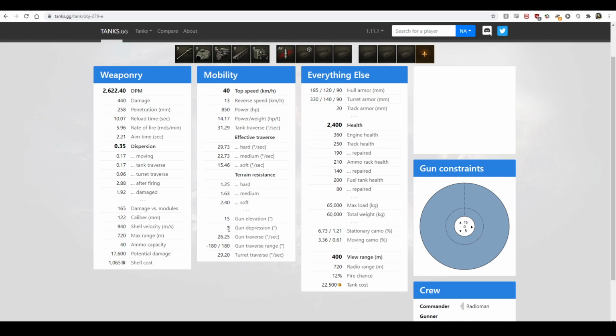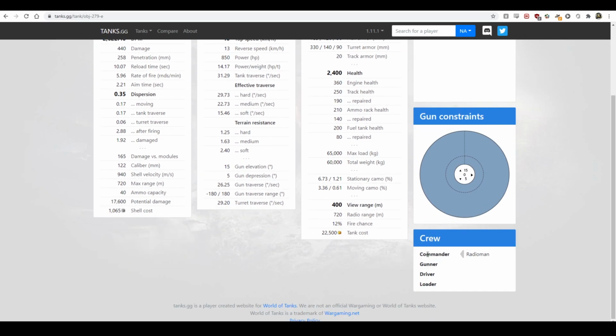Depression of 5 is kind of, I wouldn't say debilitating, but it really limits where you can go and what you can do. Health of 2400 is fine for a super heavy at tier 10. There are lots of tanks that are better than that, and then a view range of 400 is pretty okay, actually. Unfortunately, with the 4-man crew, commander being the radio operator,